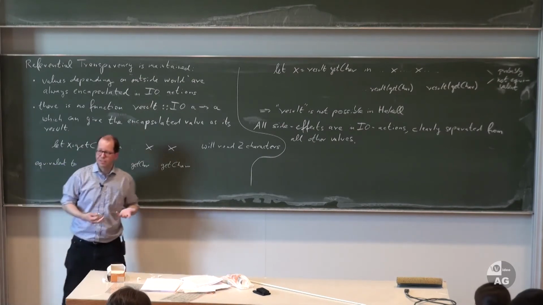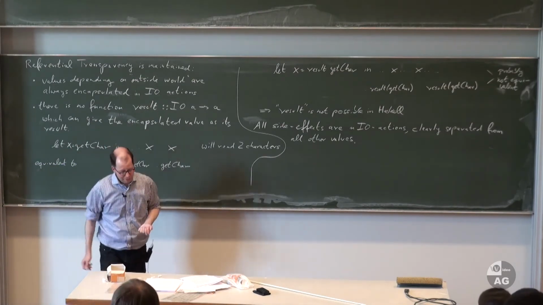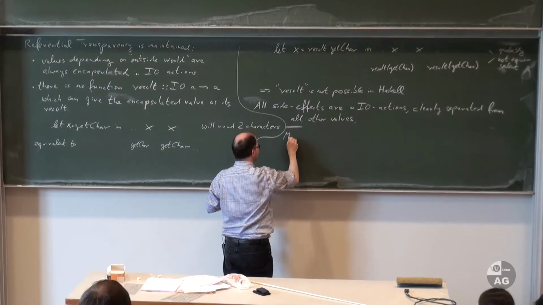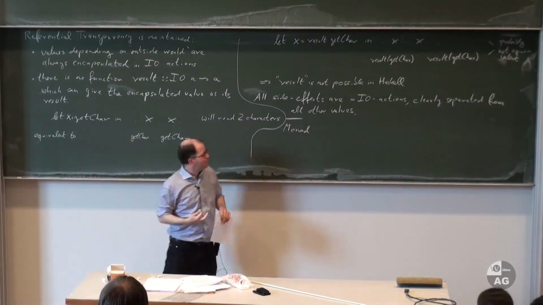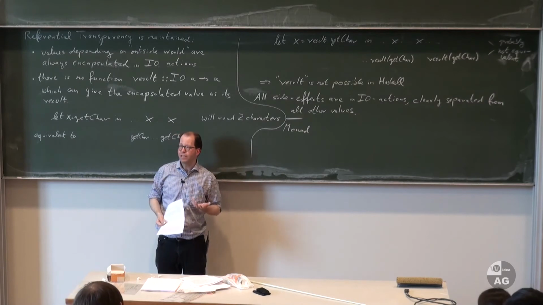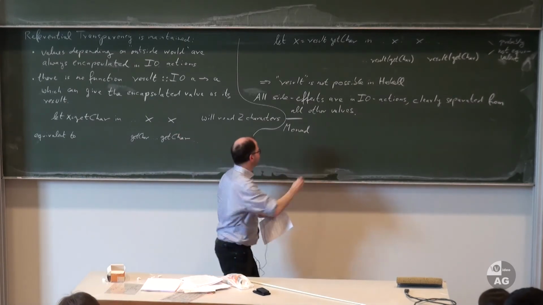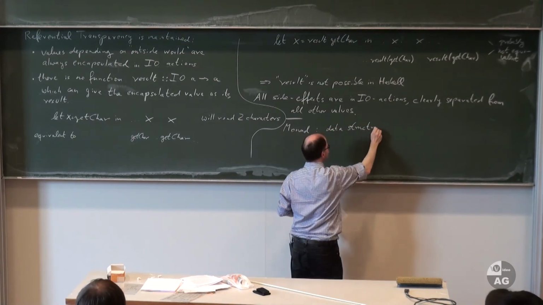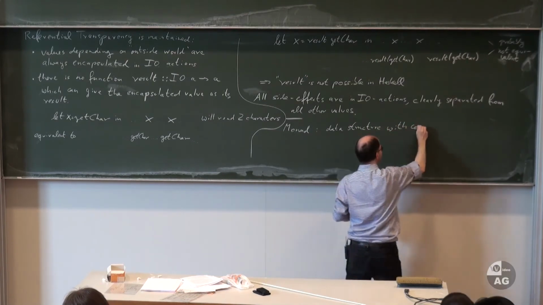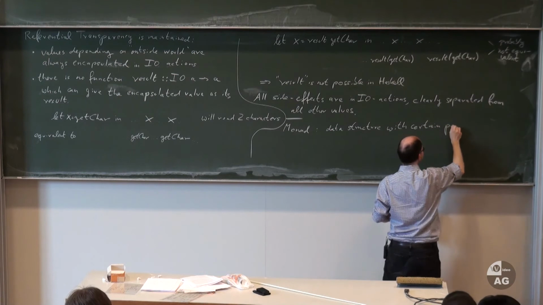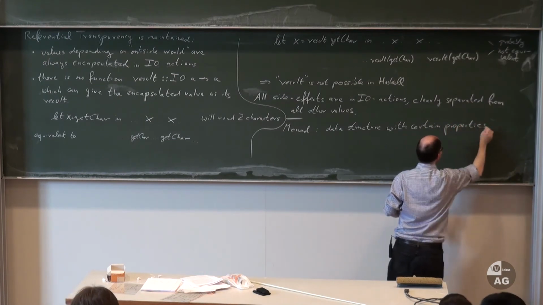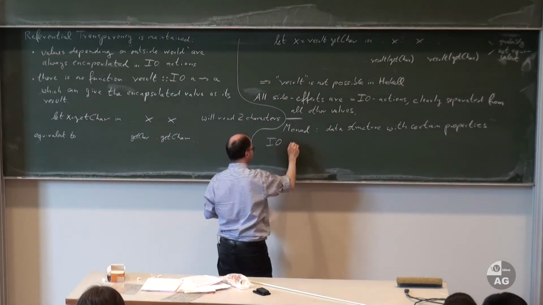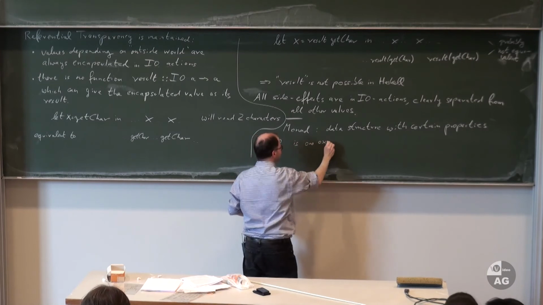And well, now you might ask, what does this word monad mean? That's something I didn't really tell you yet. So a monad is a data structure with certain properties, and the I/O monad is one example of such a data structure. I/O is one example of a monad